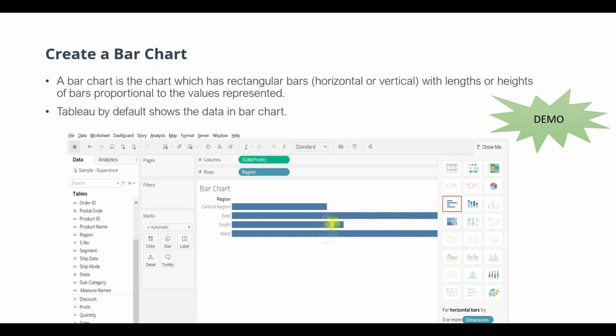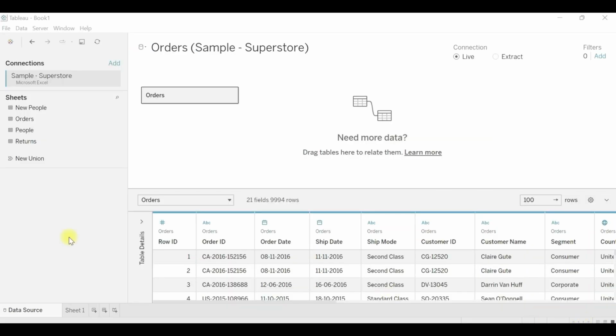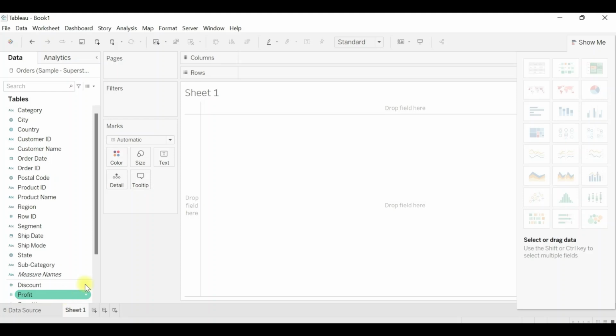Let's see how to do it on Tableau. So now open your Tableau desktop and let's use the orders table from the sample superstore itself. So once we have the orders table, let's move to sheet 1. To create a bar chart, let's say the requirement is we need to see region wise what is the total profit earned.